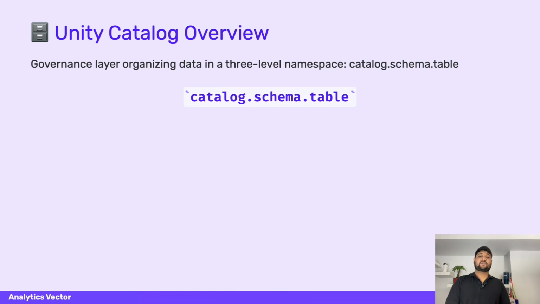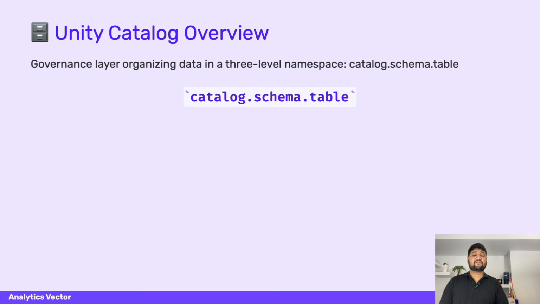So you've got reliable storage organized in layers, but how do you control who can access what? That's where Unity Catalog comes in. And honestly, this is a part which a lot of tutorials skip for some reason, but I think is very critical if you actually want to work on a real team. Unity Catalog is Databricks' governance layer, and it organizes everything through a simple three-level namespace: